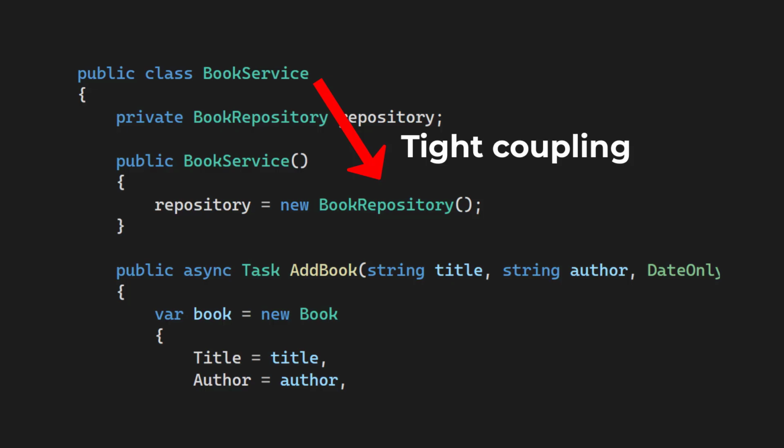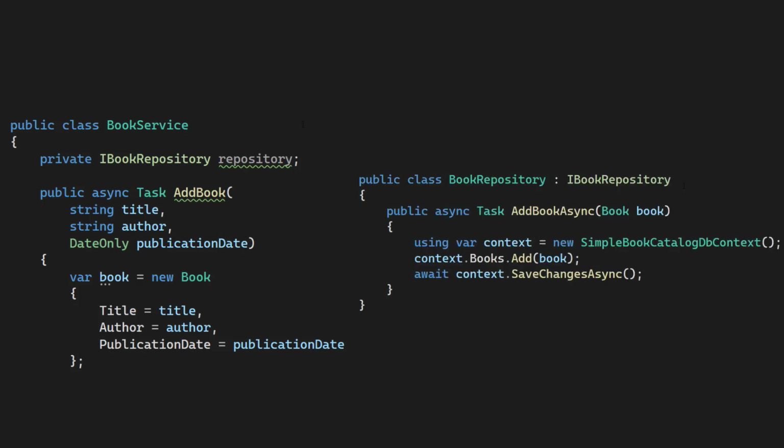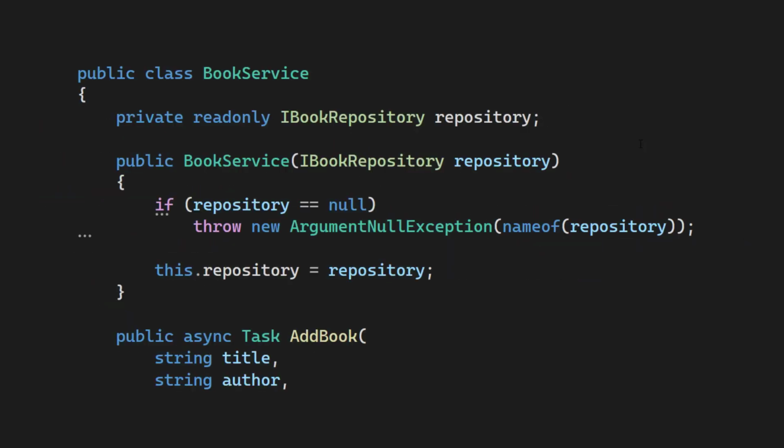And then we applied the dependency inversion principle by letting both book service and book repository depend on an abstraction called iBook repository. Now the book service class no longer had a compile time dependency on the book repository class. But a book service object still needs a book repository object at runtime. So we used constructor injection and declared a constructor parameter of type iBook repository and stored it in a private read-only field. This made the consumer of the book service class responsible for supplying an instance of book repository into